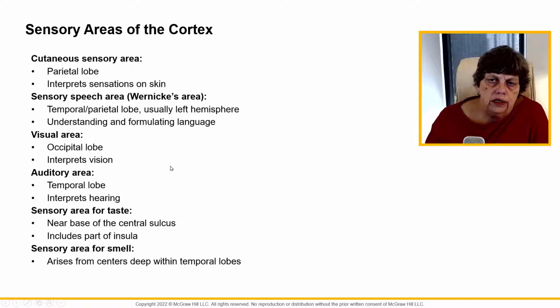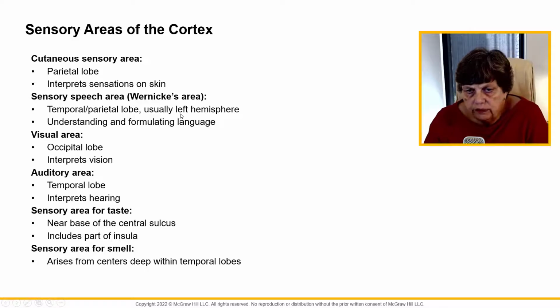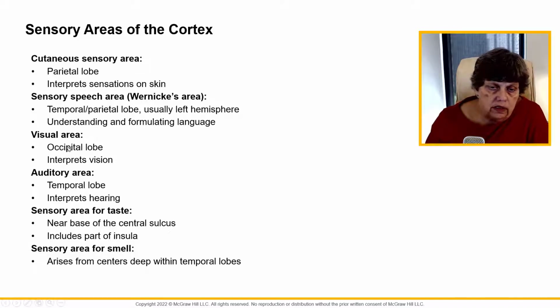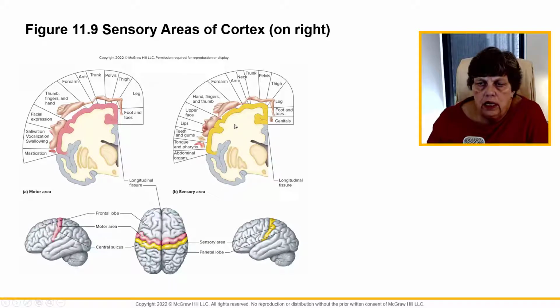So the sensory areas of the cortex, some specific ones is Wernicke's area. This is the speech area. This is the temporal lobe and parietal lobe, usually in the left hemisphere, and allows us to understand and formulate language. The visual areas, obviously, and we talked about this a second ago, is in the occipital lobe. This allows us to interpret what we're seeing. The auditory area, that's the temporal lobe, that is interpreting hearing. And then you have the sensory areas for taste and smell, for your other senses. Okay, and you can look at this